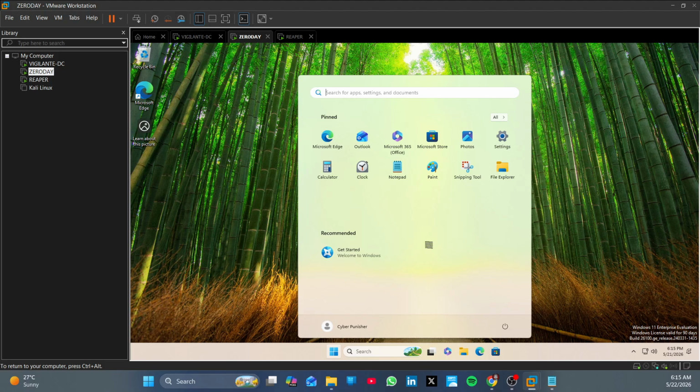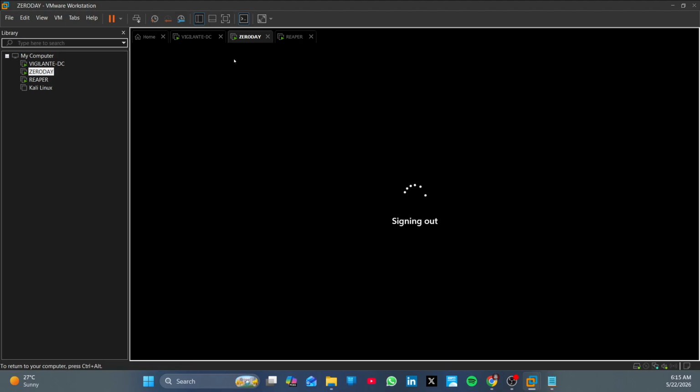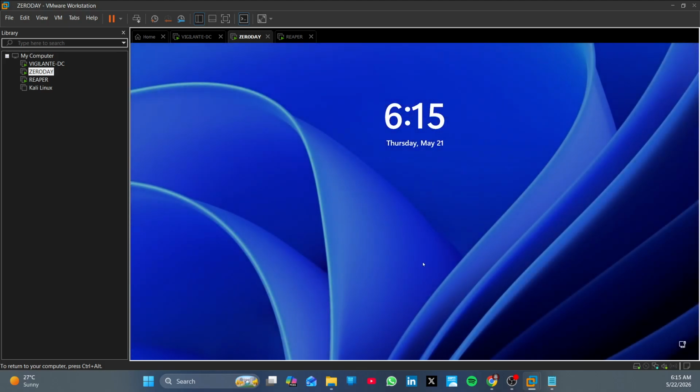Now let's go ahead and make these changes really quickly. Now you see that we are actually logged in as C Punisher @hacker.local. So let's quickly sign out, because we are administrator and we are going to set that machine up to